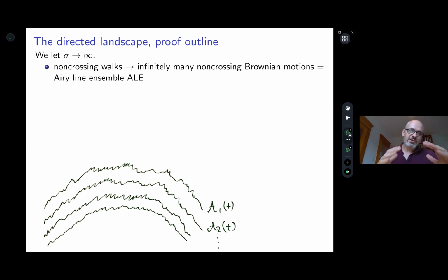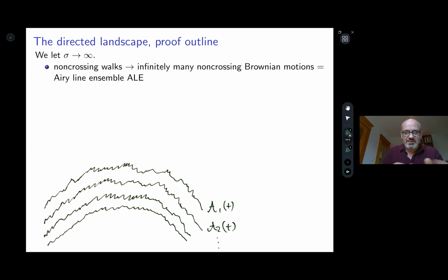Now, the way you imagine it is these are kind of parabolas, as drawn in here. And the Brownian motions are just kind of conditioned not to intersect. Well, what does that really mean? So one way to define it is this beautiful thing called the Brownian-Gibbs property, introduced by Corwin and Hammond, which is